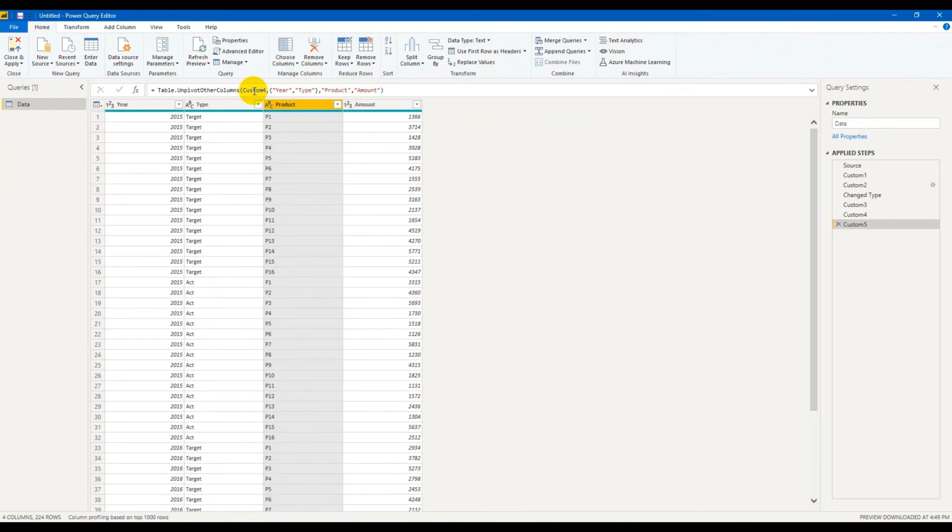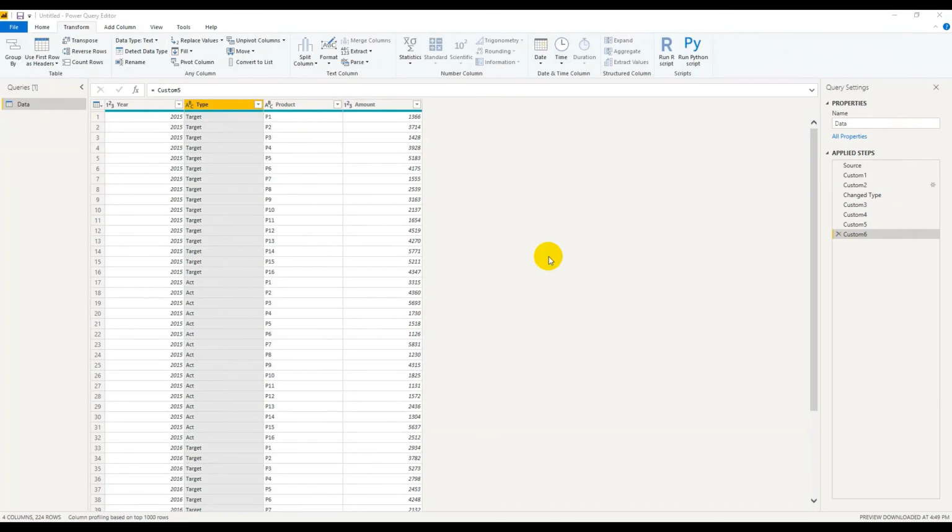The next step is to bring target and achievement next to each other. To analyze the data, this transformation is enough because you have a single column of amount and other supporting columns. You can load this data to the data model, create a few measures using filter, calculate functions, and you can visualize. But in case you want target as a separate column and achievement as a separate column, you need to create another pivot table. It is unpivoted, you need to pivot it back.